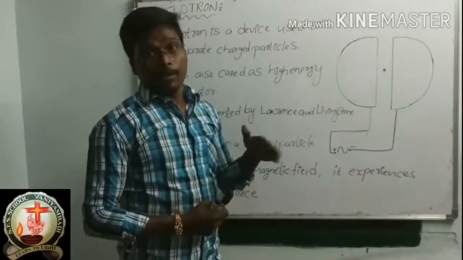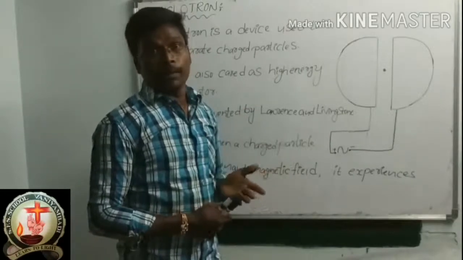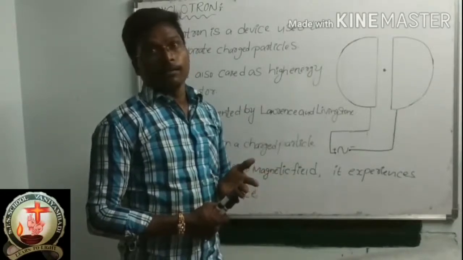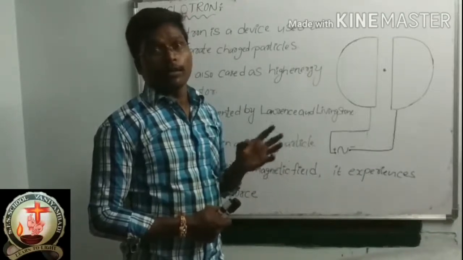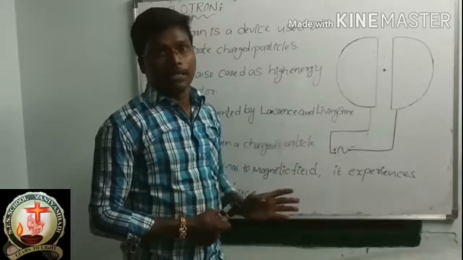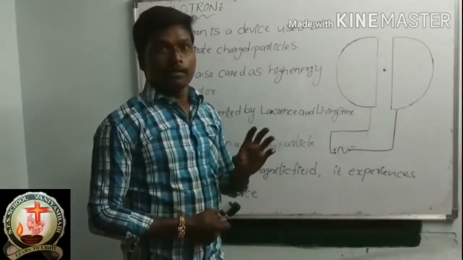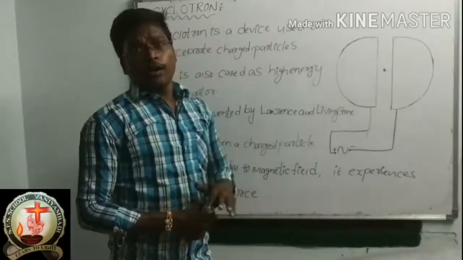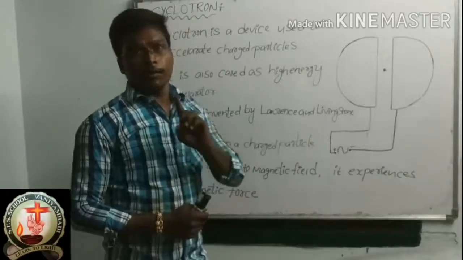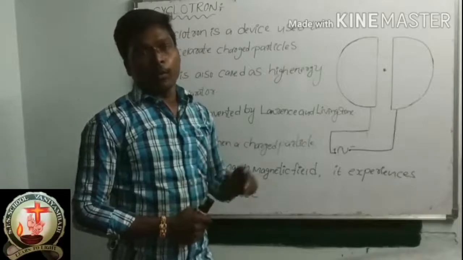A moving charged particle. A charged particle is moving under crossed uniform electric and magnetic fields. So that is our yesterday's class, correct? I told you already, just remember this point. So what is that point?